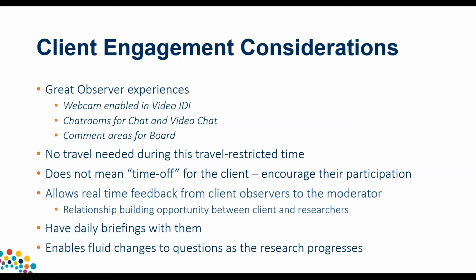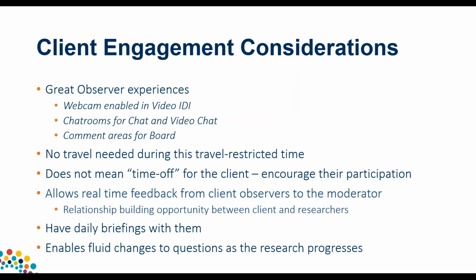There are benefits to your client that I think they really need to know and understand. They will have a great observation experience. This is very specific to Itrex, but in our Itrex video IDI, there is a webcam enabled back room, enabling your clients to connect with one another for pre and post briefings, and to chat with one another as the interview is proceeding, or the moderator can turn that off and let them just listen and then turn it back on.